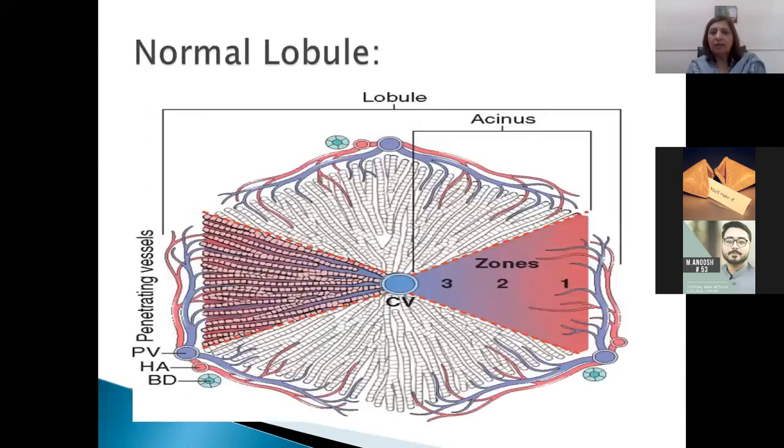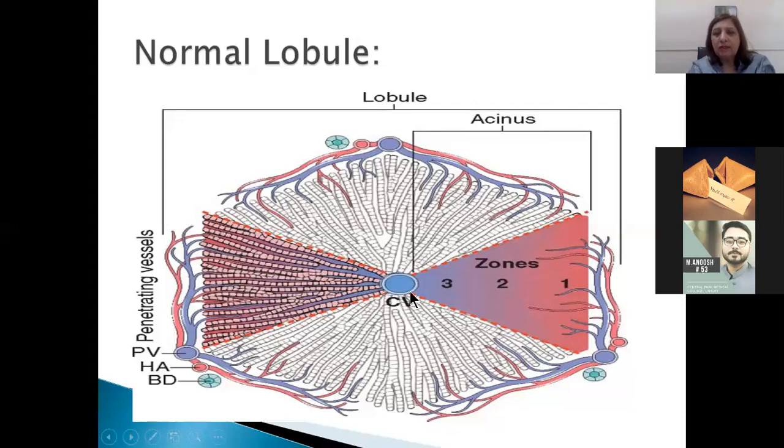If you see, these are the zones of the liver. This is one lobule of the liver. It is surrounded by thin fibrous connective tissue septa. And you can see these hepatocytes are in columns. In between the hepatocytes, you can see the sinusoids. Sinusoids are lined by fenestrated endothelial cells. Fenestrated endothelial cells means that there are gaps between the endothelium, which is for the transportation of nutrients, because the liver, as all of you know, has a metabolic function.